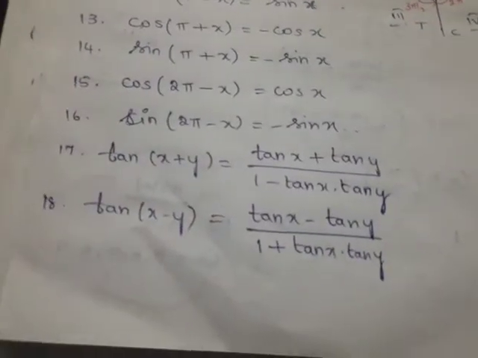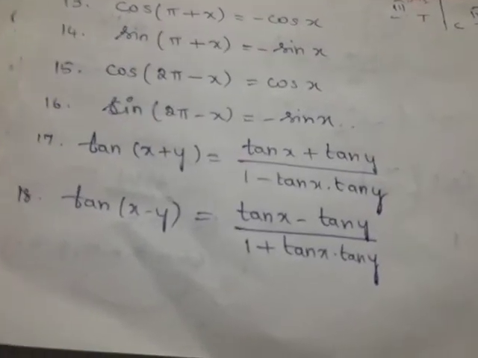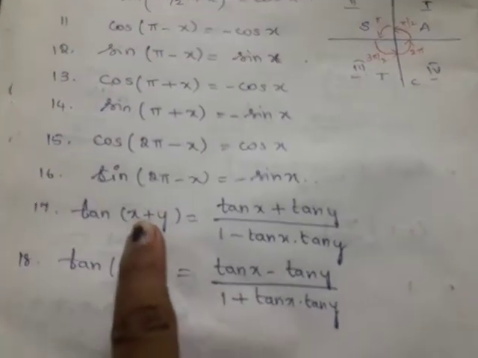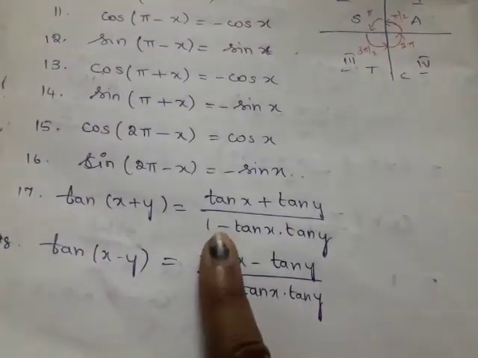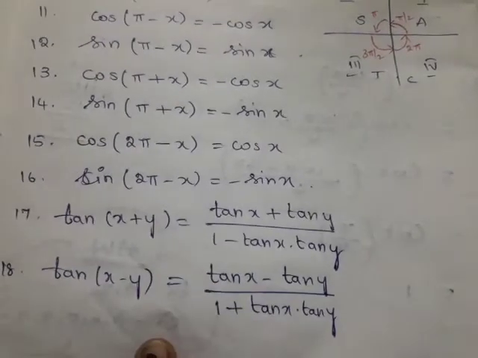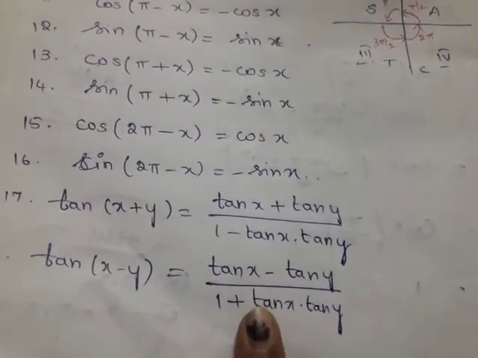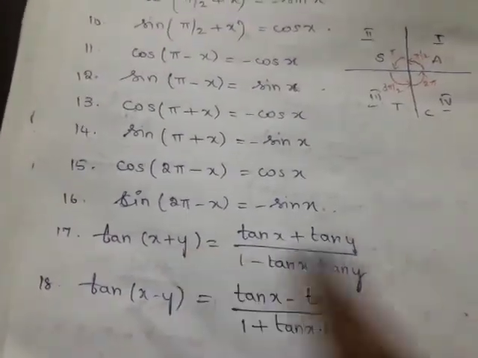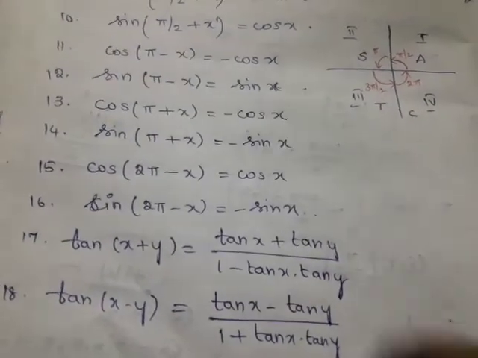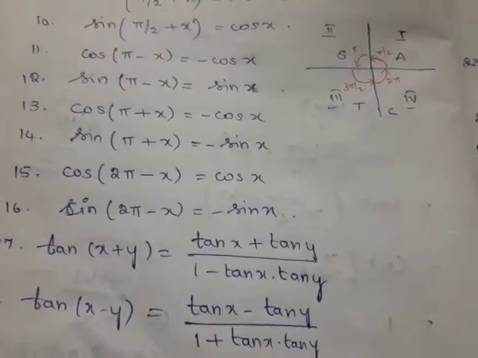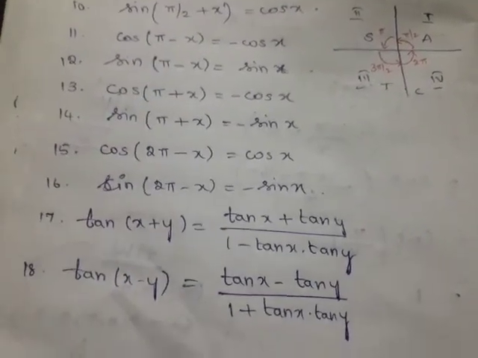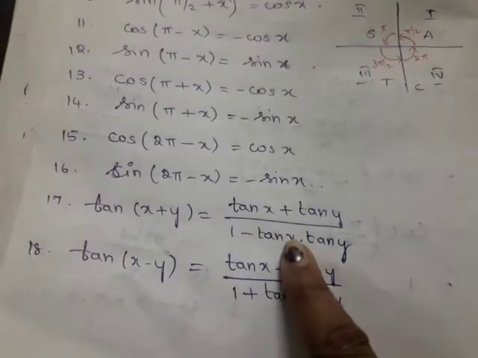Okay. Now come back to tan of x plus y and tan of x minus y. There is no other go. You have to remember tan x plus tan y divided by 1 minus tan x tan y. So plus means the numerator is plus and the denominator is minus. When it comes to minus, the numerator is minus and the denominator is plus. As I told you, if you remember cos of x plus y, sin of x plus y and tan of x plus y alone, you can very well write the x minus y identity, because it's just going to be a sign change, right?